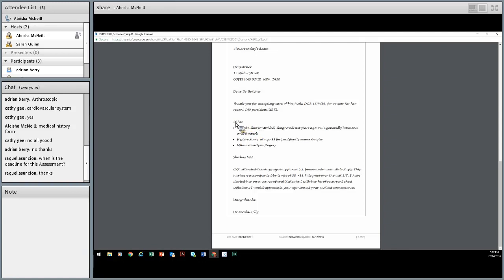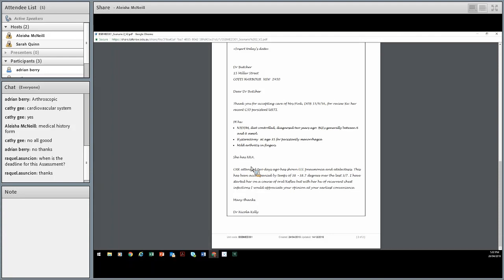So we need to make sure that we're putting full terms in case the client, Mrs. Pink, was reading the referral, she should be able to understand it. Otherwise, she's looking at it now going, oh, what does that even mean? I don't even know what CXR means. So we need to make sure that we're going over our learner guide, providing all the detailed information for that